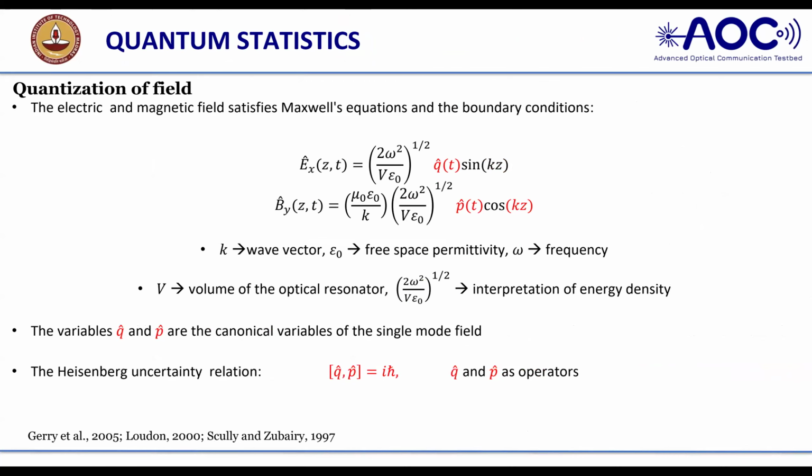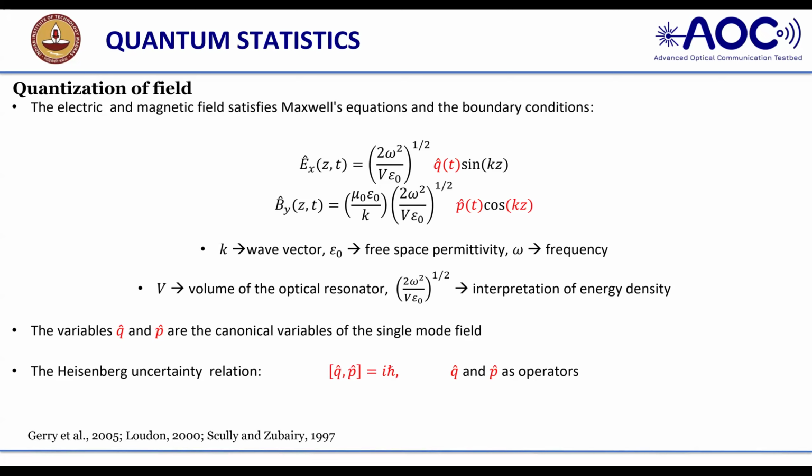So here we are writing the electric field and magnetic field. You will see that it is a continuous time-varying process, like a sinusoidal variation, and you can see it is the electric field E(z, t), a function of position and time. In quantum statistics, they have also represented it as a quantization of the magnetic field. Quantization means discrete levels.